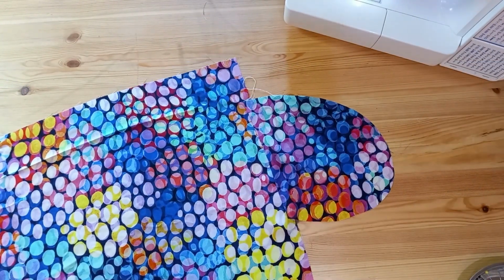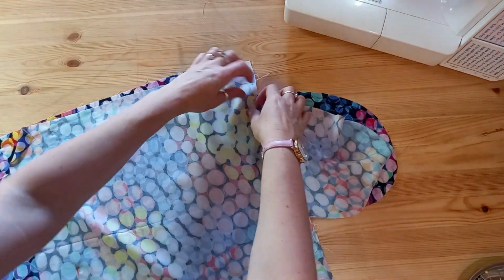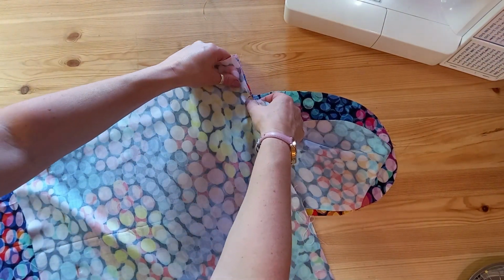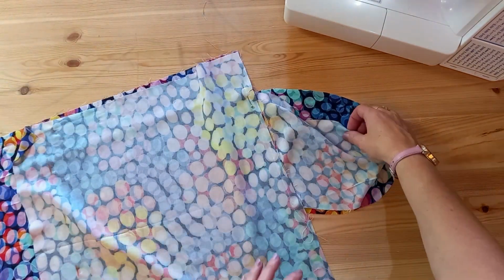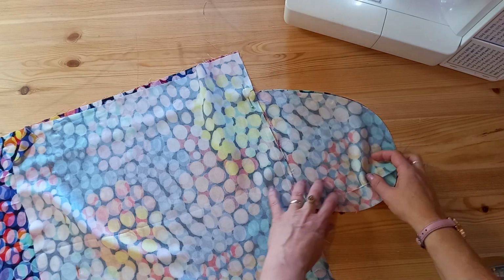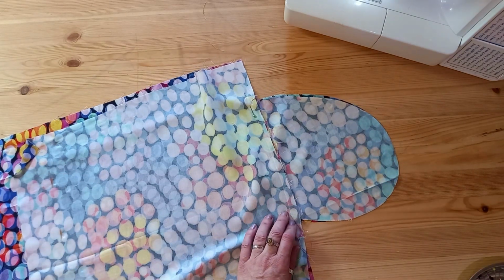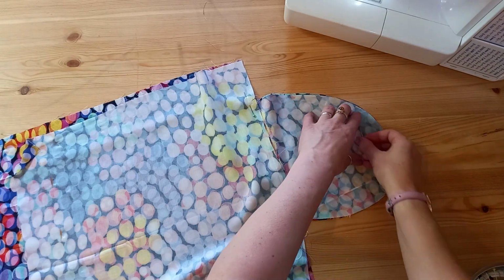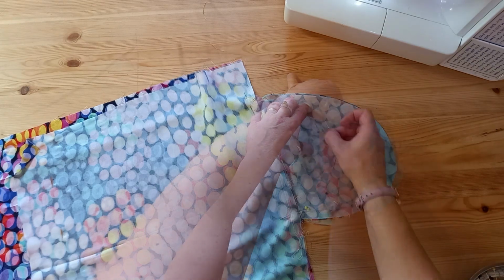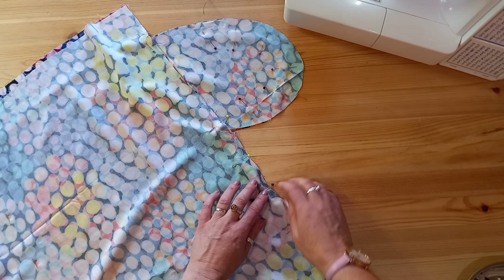Press those out with the pocket going away from the skirt, and then put the front pieces right sides together, and the first place to match up is the top and the bottom of the pocket. Don't worry too much about the pocket bags. They will come together if you get that top and bottom part of the pocket lined up, and then you can pin the rest of the pocket in place. You're going to then pin up down to the hem